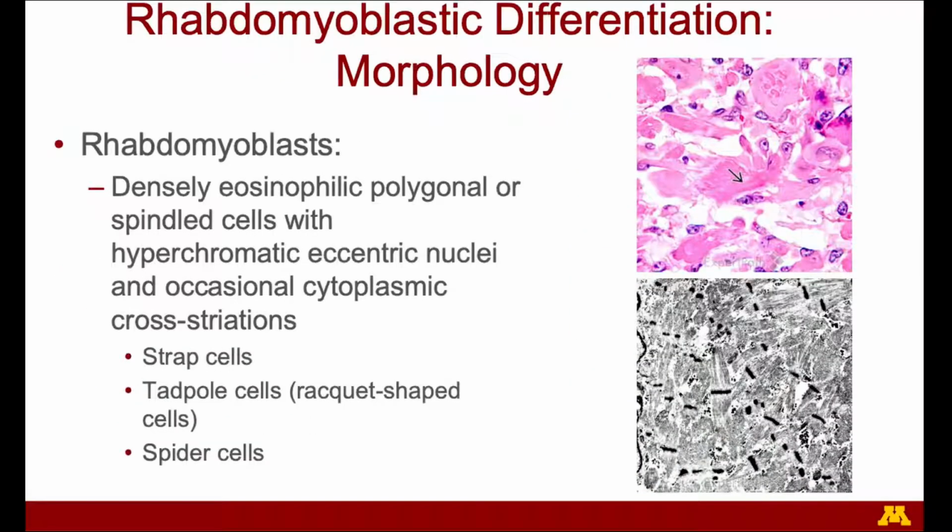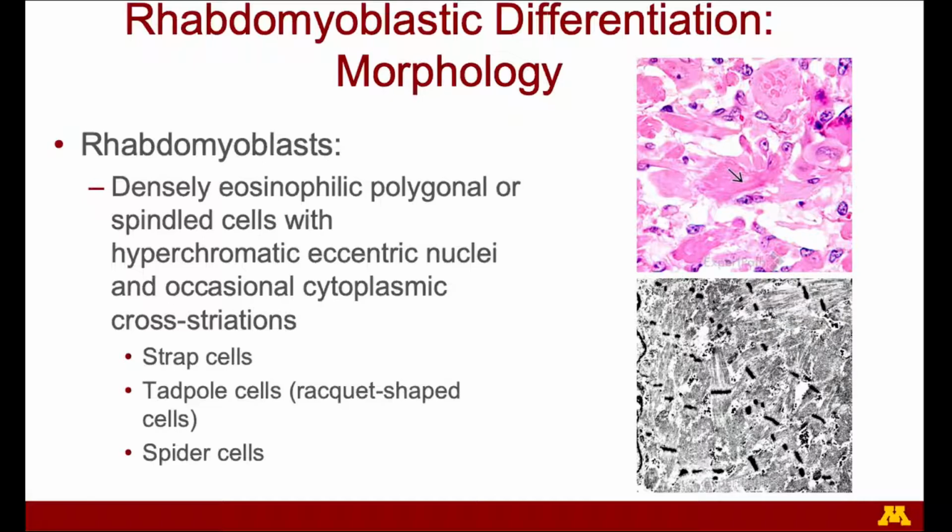Morphologically, rhabdomyoblast has a densely eosinophilic polygonal or spindle cell with hyperchromatic eccentric nuclei. These cells have been described as strap cells, tadpole cells, or sometimes can be called spider cell with that specific morphology. If we use electron microscopy, which was much more common years ago,